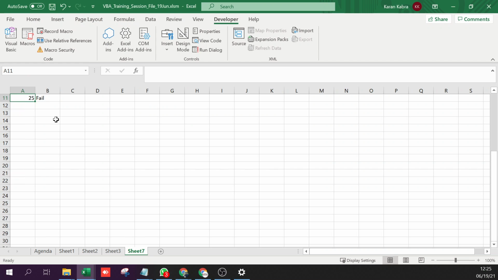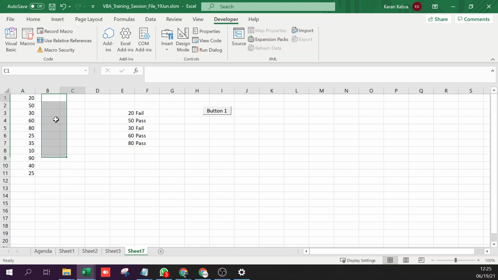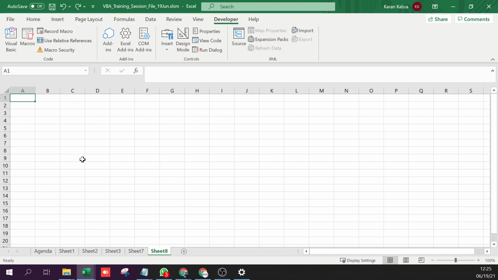Okay. Now let me give you a problem to solve. I'll create a new sheet. Let me get rand between 0 and 100.